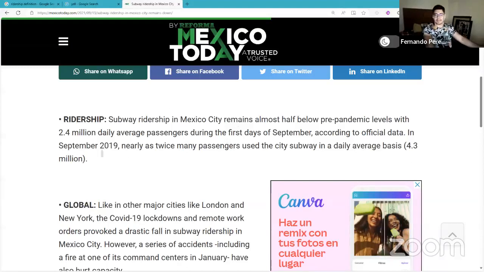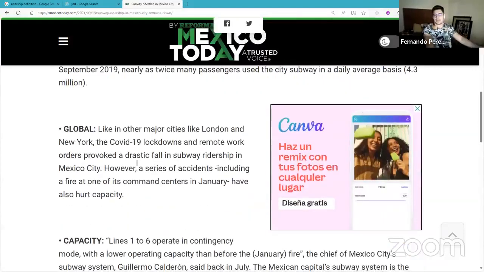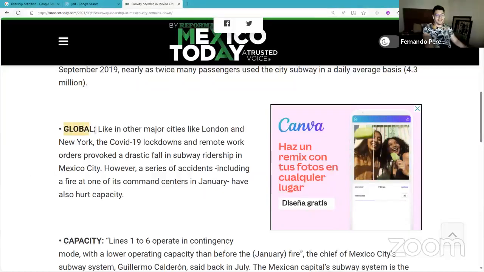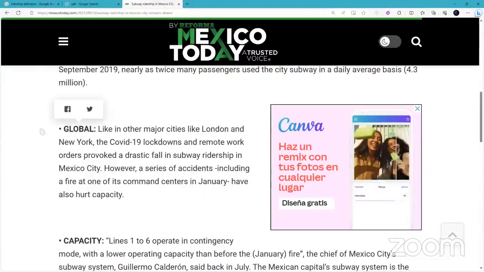No, in this paragraph we don't have the topic that I am looking for, so let's continue with the second one. Help me, Carla. Global, like in other, in English. Global, exactly. Global, like in other major cities like London and New York, the COVID-19 lockdowns and remote work